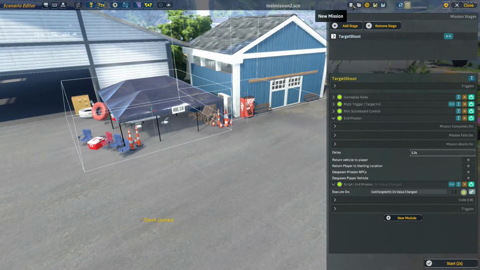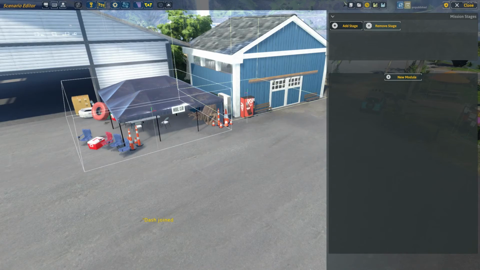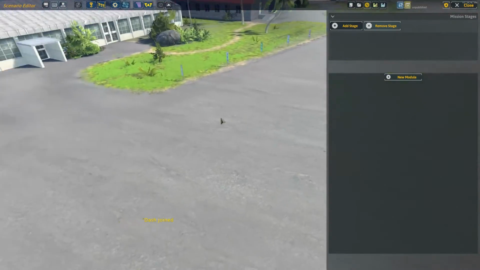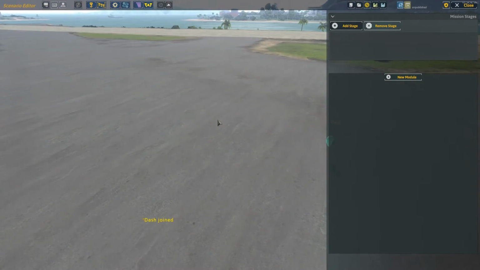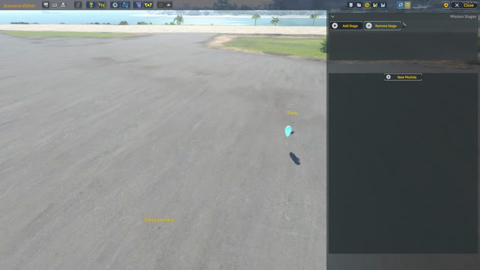So we will start a new mission instead of using the one that I was practicing on before starting this recording. And the first thing that you're going to notice is this big panel on the right, which talks about stages and it talks about modules. Stages are the main flow of the mission that you're creating. You can imagine like a triathlon where there might be a running and a swimming and a biking section